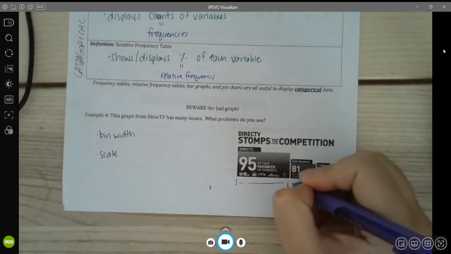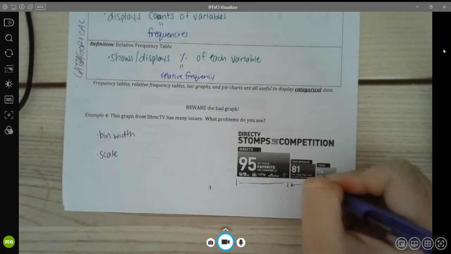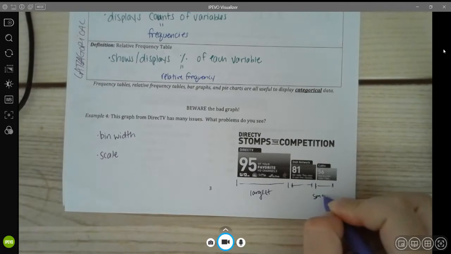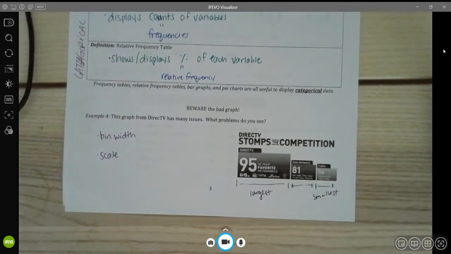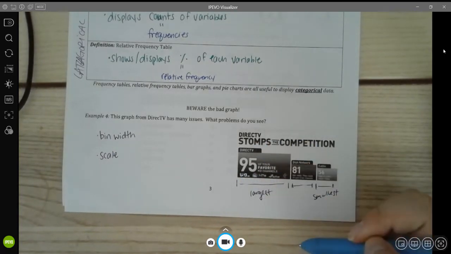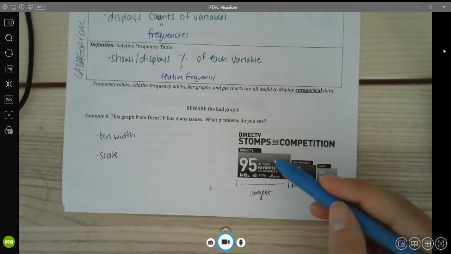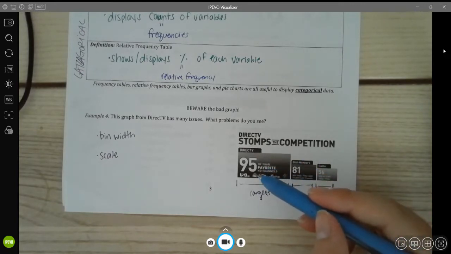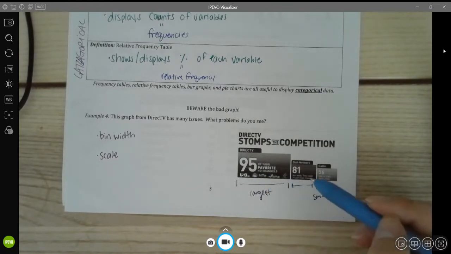So these 3 graphs all have separate bin widths. This one is the largest, and this one's the smallest. A good graph, they'll all be the same, okay? Because your eyes are naturally drawn to area, not to height. So by making this one longer, the area of this rectangle is so much bigger, and it makes the difference between DirecTV and Dish seem much greater than it is, when in reality DirecTV only has 14 more channels than